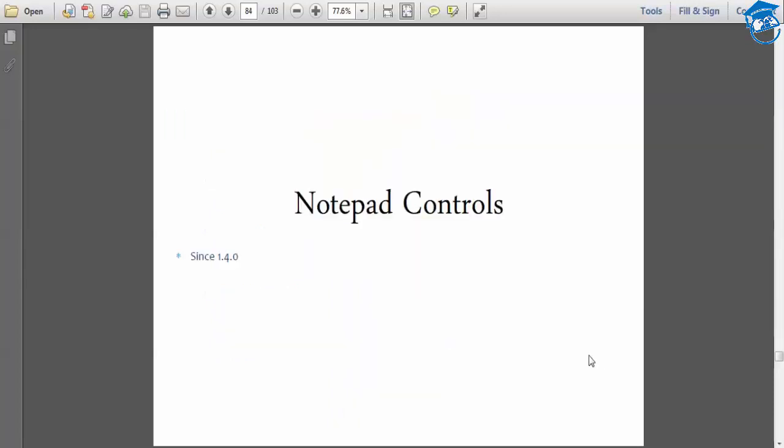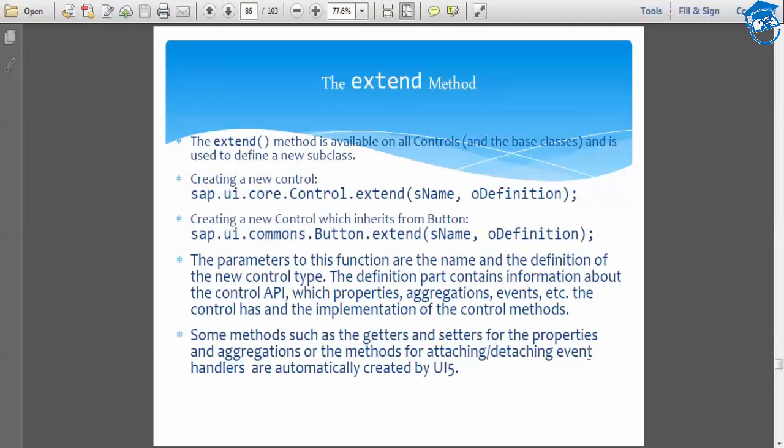There are a few more controls. See, this is how the controls can be extended. The extend method is available for all base controls. And how do you create a new control? That is sap.ui.core.Control.extend, and inside that you give your name and then the definition of it.